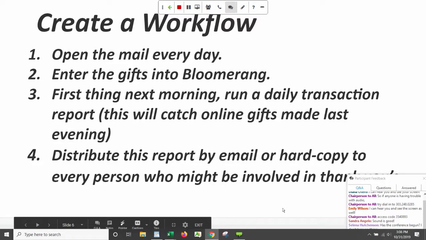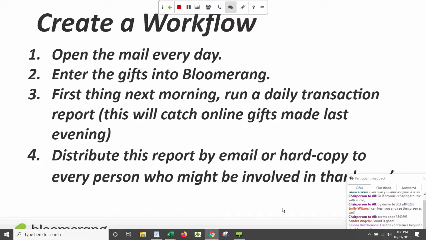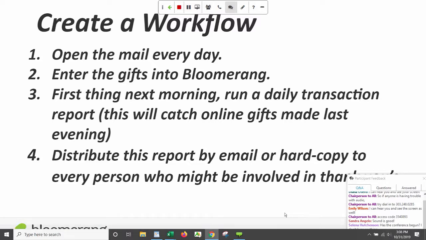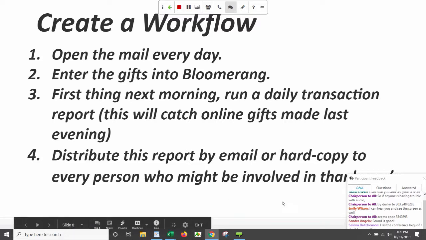Before we jump into Bloomerang, most of this class today you're going to be watching me build things in Bloomerang. You're not just watching PowerPoint slides all day today, but for a couple more minutes, I'm going to go through a couple more slides here where we talk about having a workflow plan in your office. And this is created, again, not for the really top-notch organizations that have multiple people that back each other up when somebody's on vacation. But even the smallest of organizations, we really think the things we would recommend